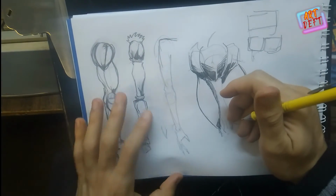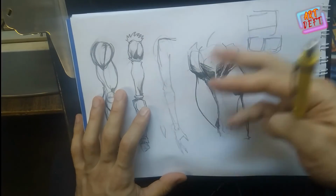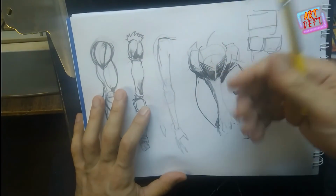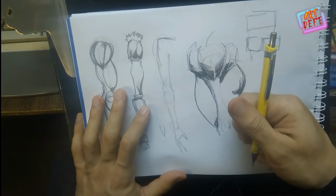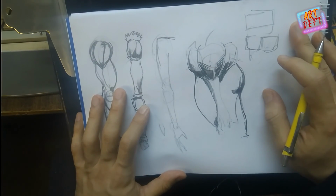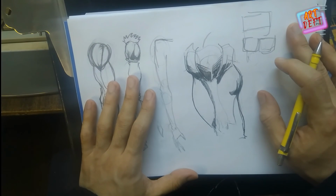Sometimes we create a character but we don't know how he's going to move or how he's going to act or how he's going to fight or run or do what he needs to live his daily life. Tomorrow we'll be talking about this issue,